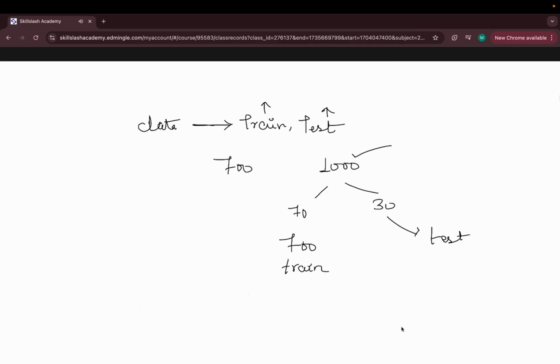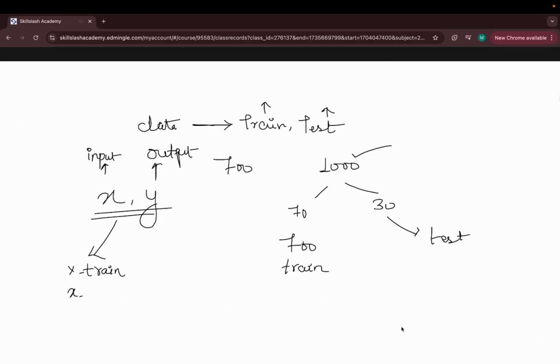Suppose we are having two variables. X is your input and Y is your output. We have two distributions of X, which are X train and X test. Similarly, for Y, we are having Y train and Y test.